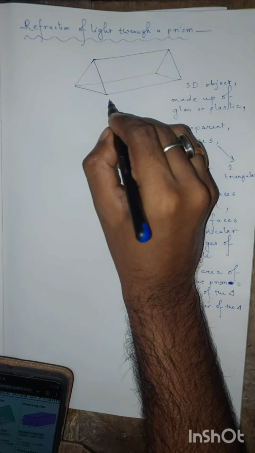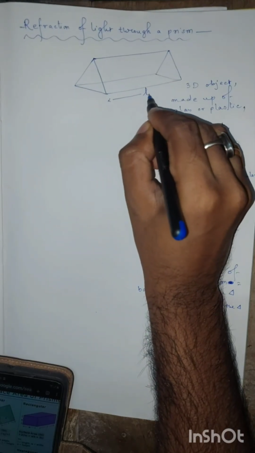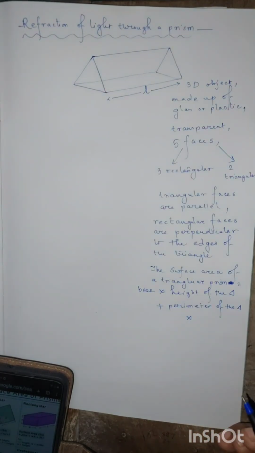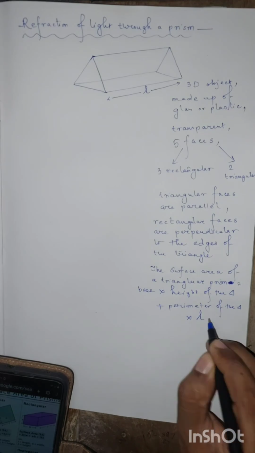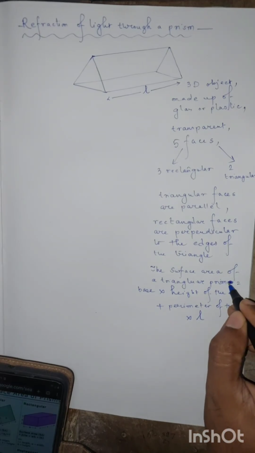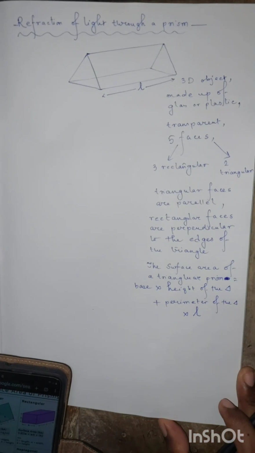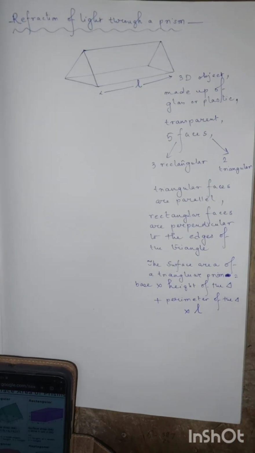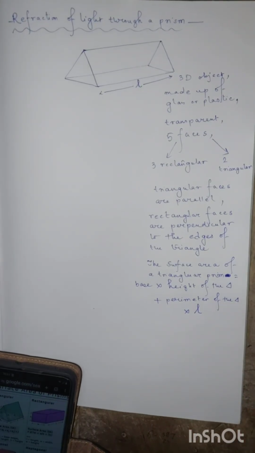Let us assume this is L. So this is the formula: the surface area of a triangular prism is base into height of the triangle plus perimeter of the triangle into length, and